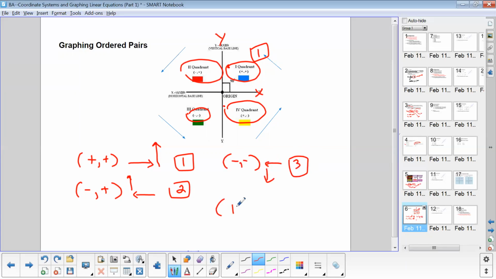And finally, if you were a positive going to the right, negative going down, that would put you in quadrant 4. Notice that the direction is counterclockwise,